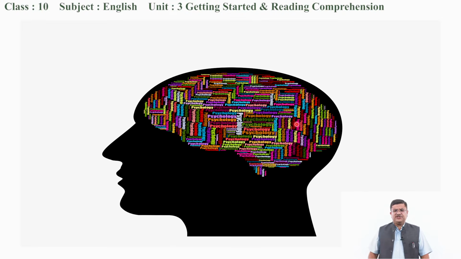Can you identify what you see in the picture? There is a man, for example, or the head of a man. What do you see in the picture? Yes, you are right. Your guess is correct. This is intellectual health. Intellectual health is related to knowledge, where the knowledge is stored in our mind, in our brain. So a person can be healthier if he or she has good knowledge in his or her mind. This is known as intellectual health.